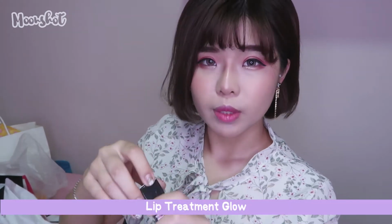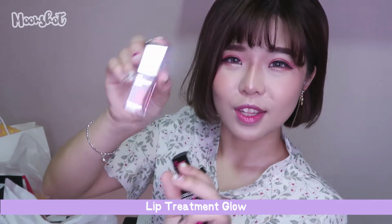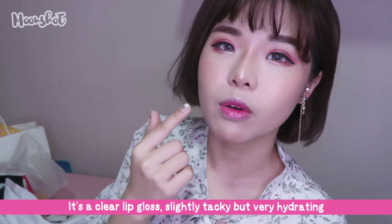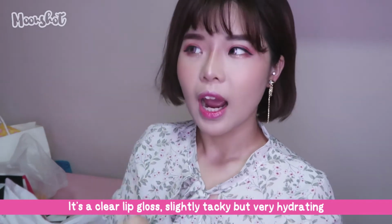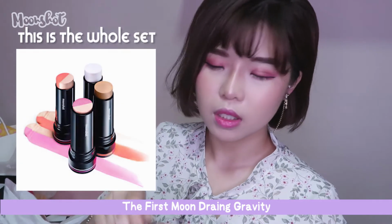So for the actual item itself from Moonshot, like I mentioned, I picked up their lip treatment glow, which is basically that little bottle but the actual version of it, and it's this really pretty lip gloss. Basically it's a transparent lip gloss, which I'm actually wearing right now. I think it's really shiny and it makes your lips look very hydrated and healthy. Then there's First Moon Drawing Gravity, I don't know why it's called that. It's basically a